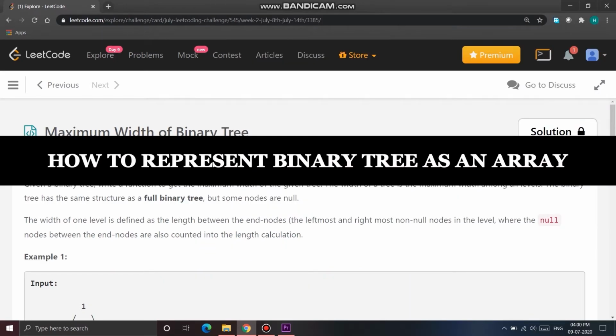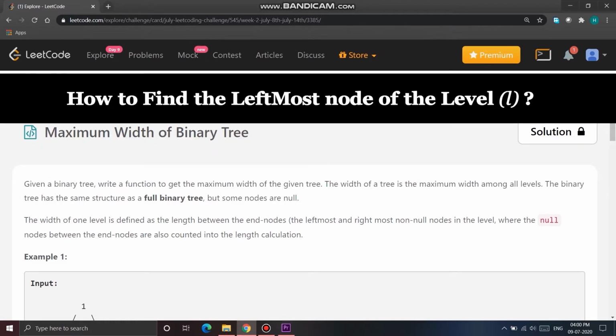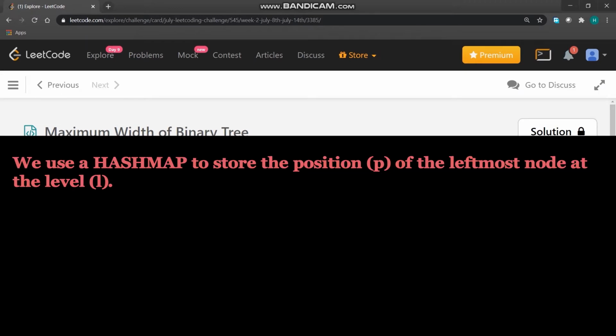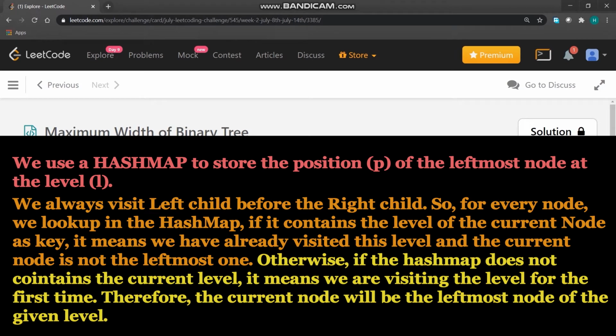Remember this for future. Second problem was, how do we know if a node is the leftmost one for any level L? The answer is simple. We maintain a hash map or a dictionary where key would be the level and the corresponding value would be the position of a node. Because we know that we always visit left child first,